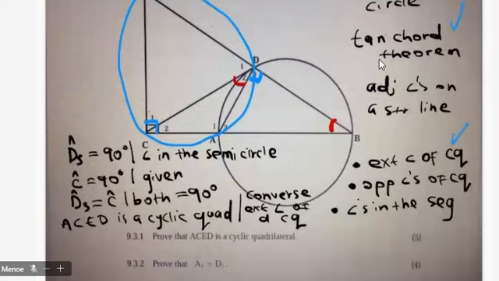In the second question, they say prove that A2 is equal to D1. I'm not sure if you can see it on the screen, but this is our A2 and this is our D1. We're proving that these two things are actually equal. I've already seen the answer from what we did, the diagram analysis. So firstly, you can say